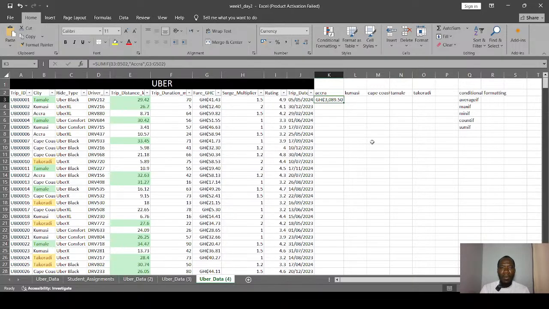Okay, now let's go to Kumasi. The same process, we don't change anything, only the value will change.